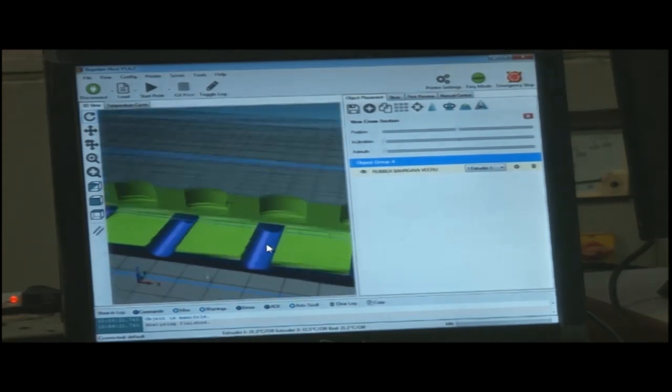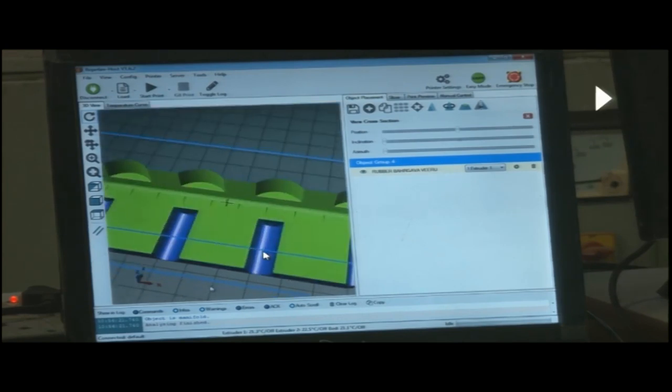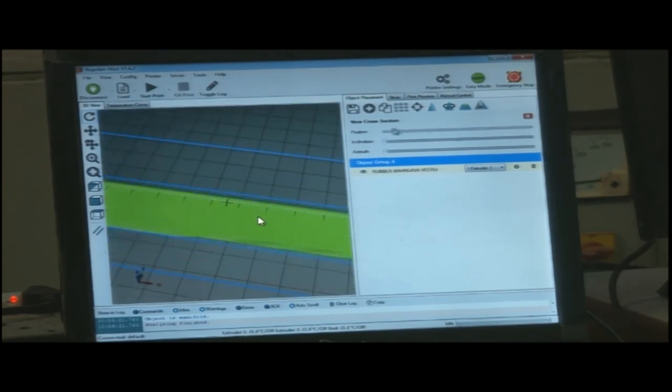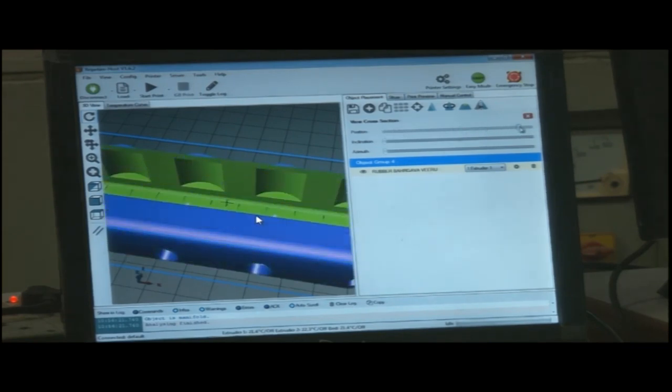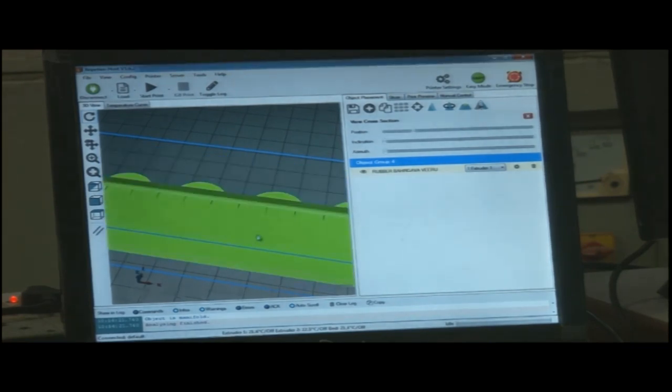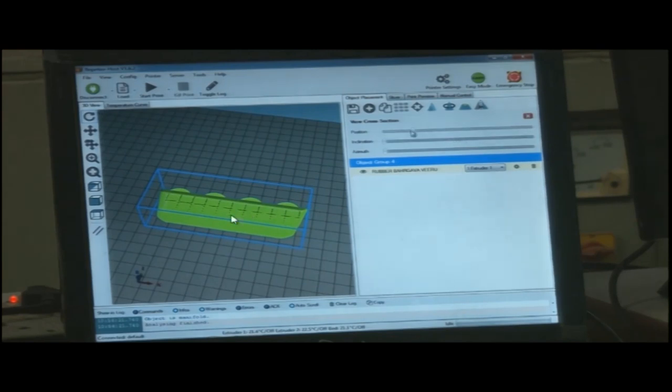So blue is the upper surface, and green color is inside. What is inside? This is the color coding here. So blue is the upper surface. Inside it is a solid model, it is not hollow from inside. This is the inside model. So we can just